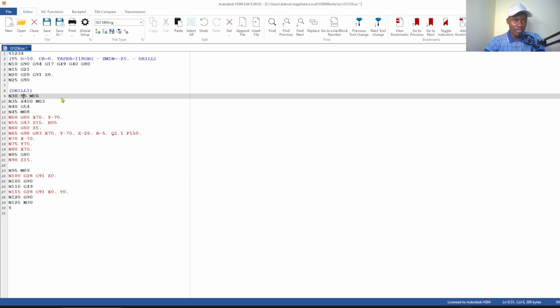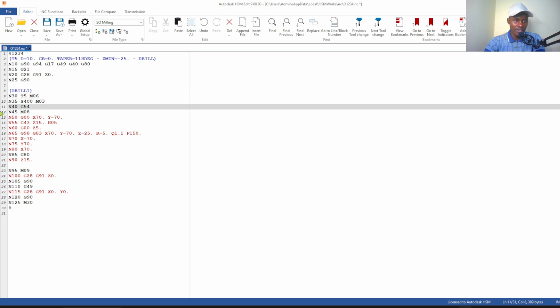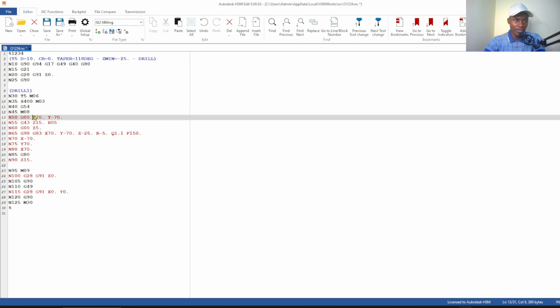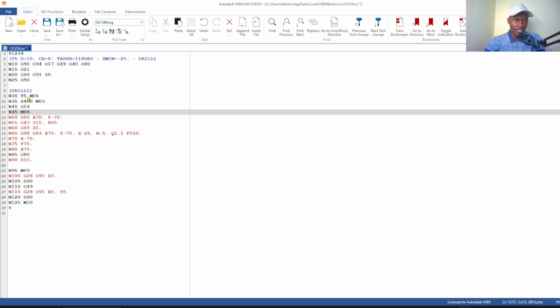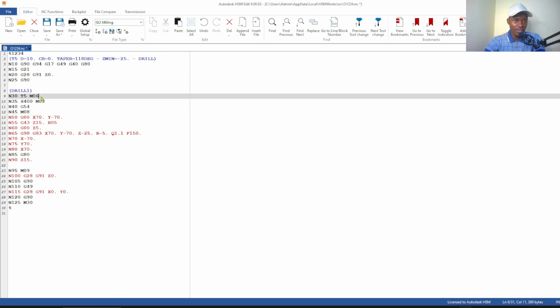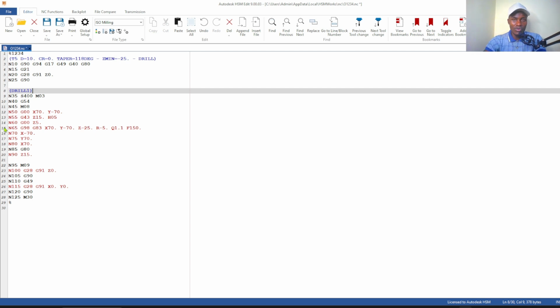Tool number 6, G54. So you cannot use them in the same line. When you have selected tool number 6, you can remove this one because you have already selected a tool. There is no need to add it here. Speed is 400.